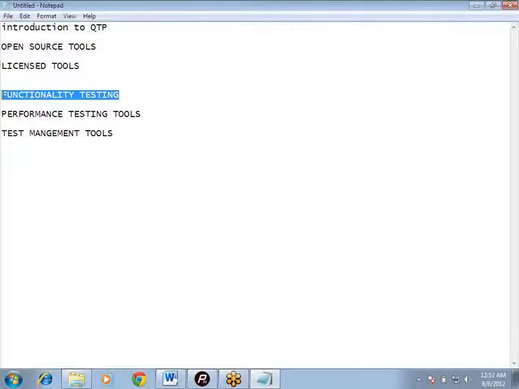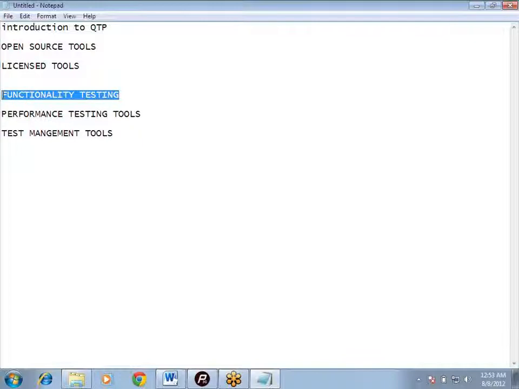But my testing is not done. My testing is not complete. Then I'll try to enter some invalid credentials and I should not be able to log in to the application. Along with that, I should see some user-friendly message on the screen. Some appropriate message should be displayed, something like enter valid username, password, please check your credentials, something like that.